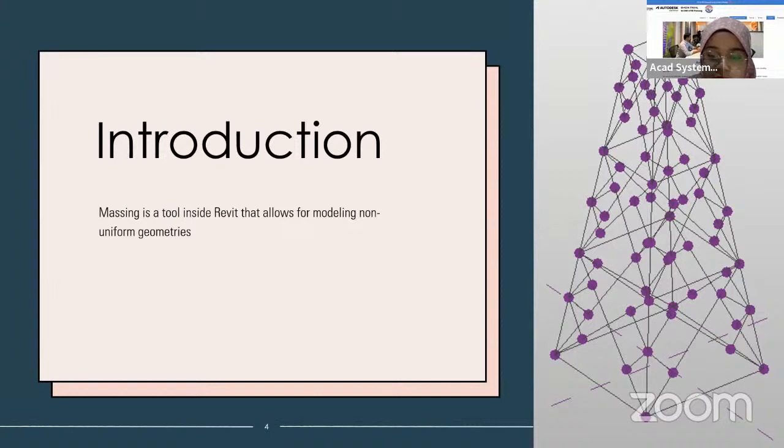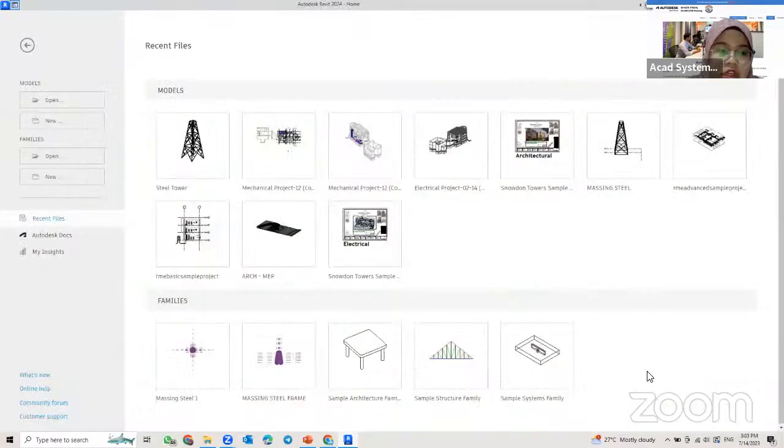Okay. So now I'm going to open my Revit. Okay, so from here, I'm going to create a new family, which is the conceptual mesh family. So go to here, you can see there is the family option. I'm going to create a new one. So click on new